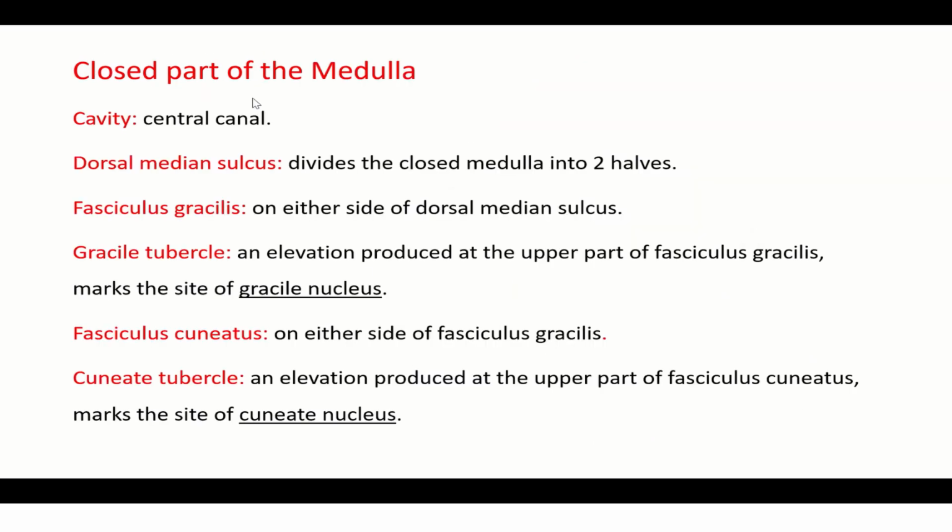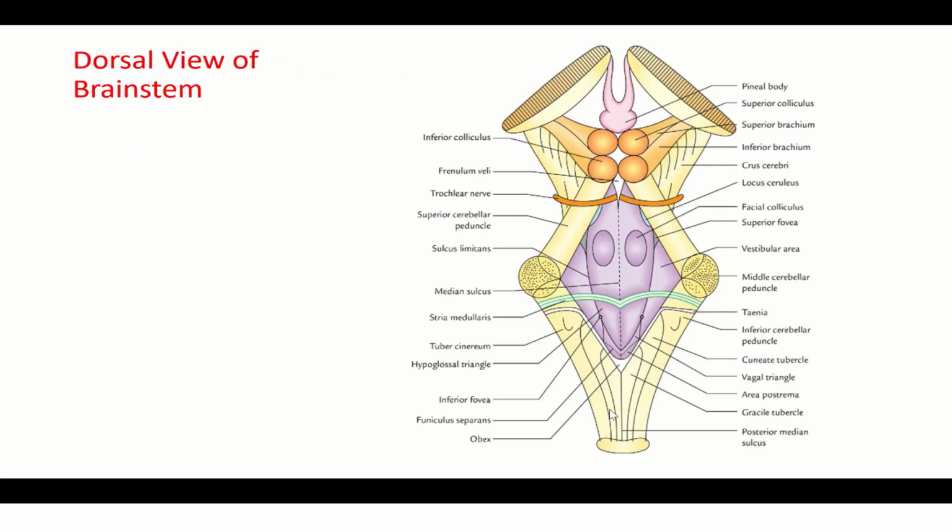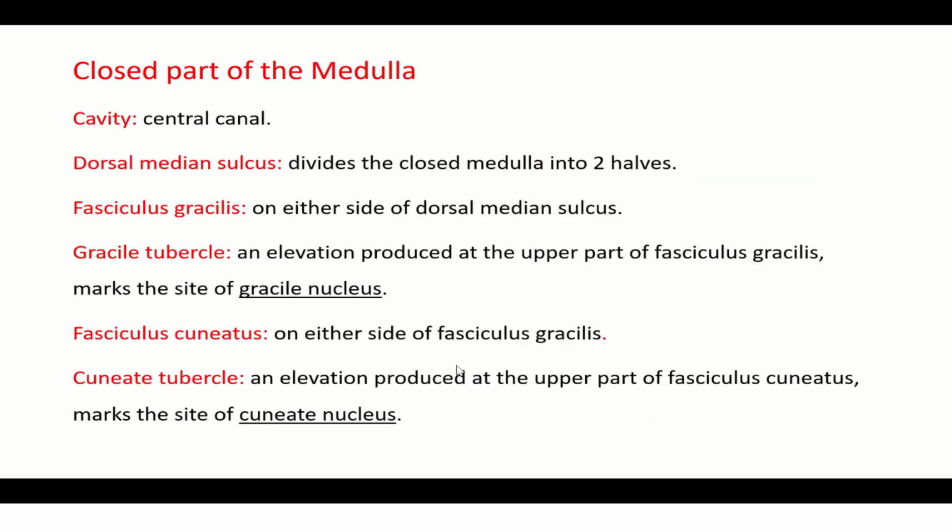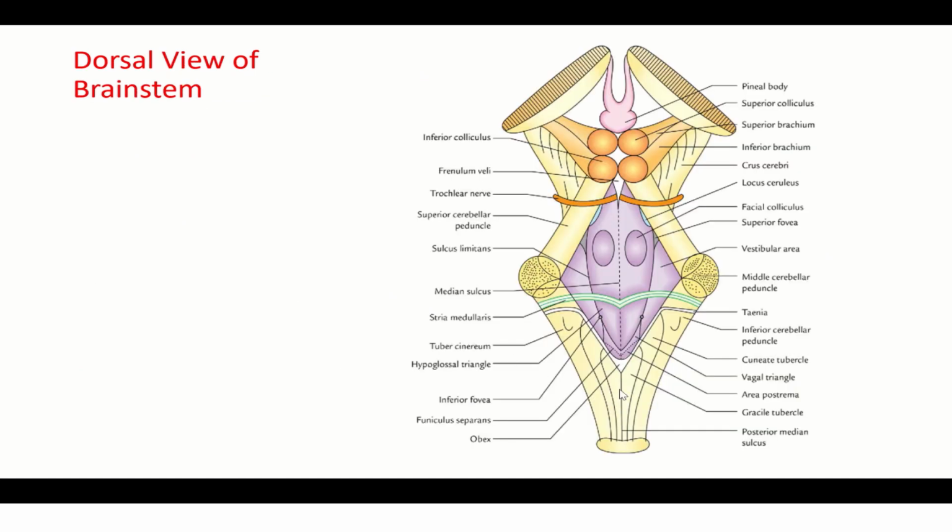So if you see the closed part of the medulla, the cavity is the central canal. There will be a dorsal median sulcus, or posterior median sulcus, dividing the closed medulla into two halves. You can see the fasciculus gracilis on either side of the dorsal median sulcus, and the gracile tubercle. These two are the fasciculus gracilis and these are the gracile tubercles, and this will be the fasciculus cuneatus